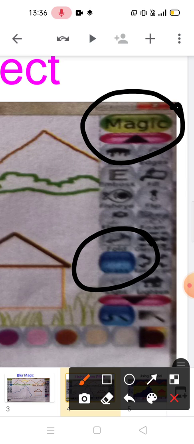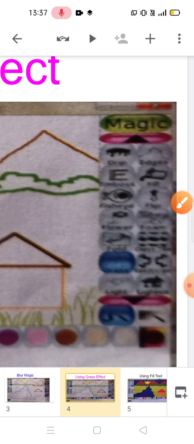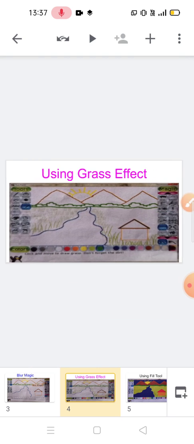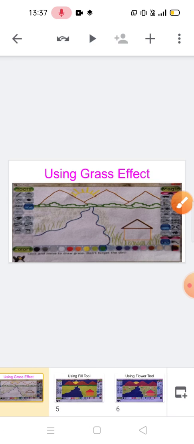First of all, you have to press the grass effect, and then choose the color from there, and now draw some grasses here by clicking on the canvas. Here you can draw some grasses.